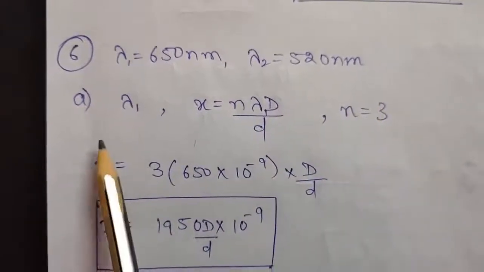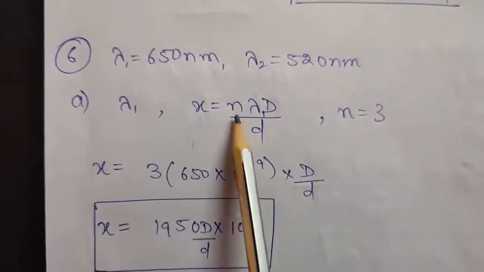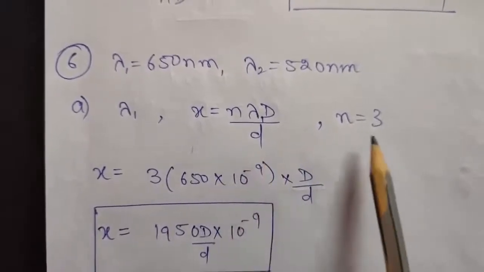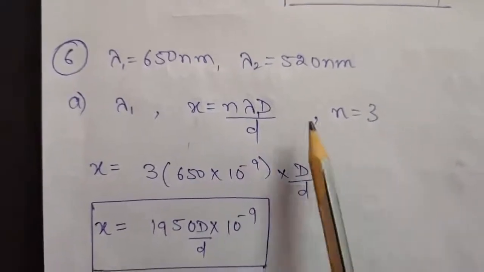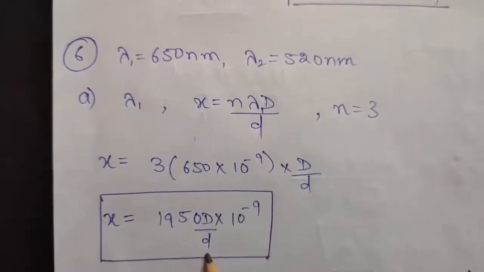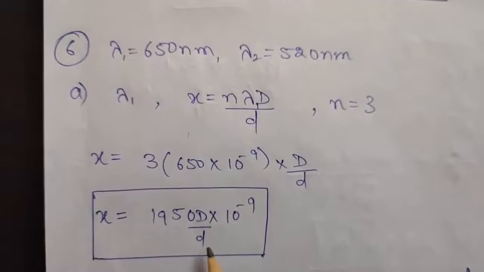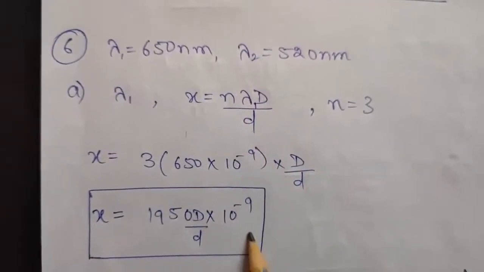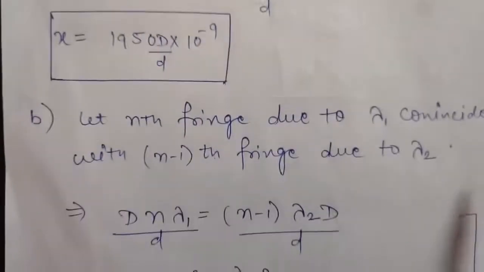So I am taking the two wavelengths to be lambda 1 and lambda 2. Now again the third bright fringe is given, and again you know the distance from the central maxima is n lambda D by d. n is given to be 3. Because here D by d is not given, we will be calculating the answer in the form of capital D upon small d. So put the given values and you will get this answer. Okay. Now in the B part it is given